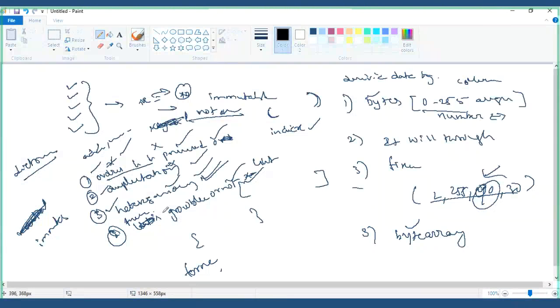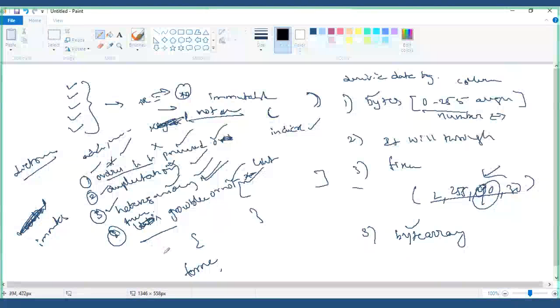Then, is a dictionary global or not? Yes, it can be. You can add a new key and value anytime if you want. Since you people have properly followed everything, you are able to understand all the characteristics. So you have reviewed all the data types within about 10 minutes.